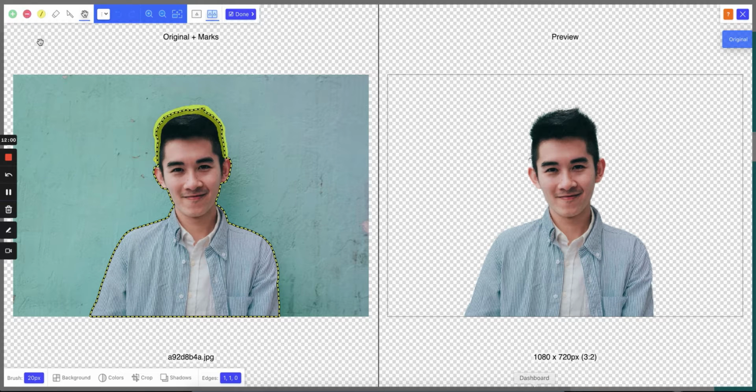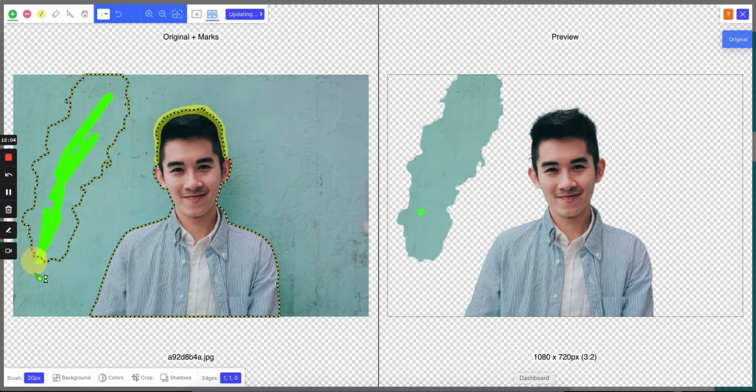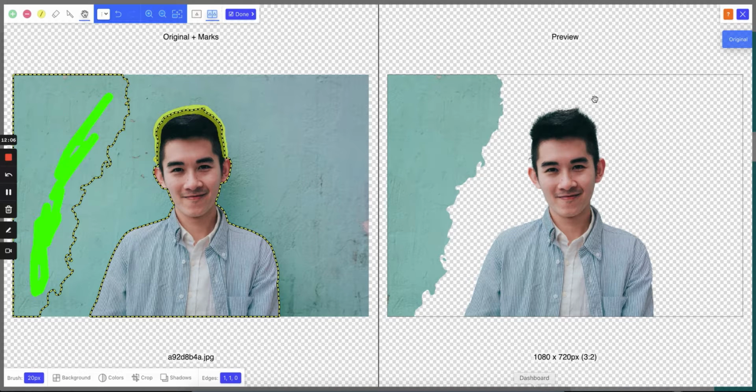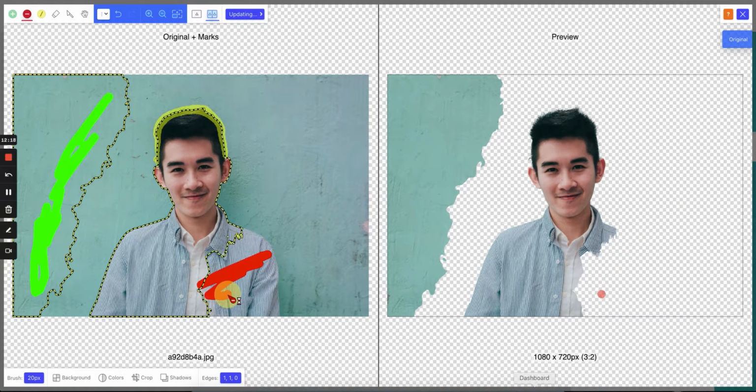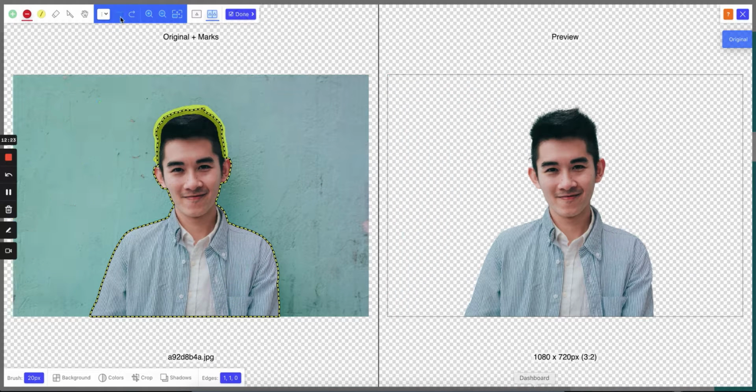If you want to add something, you just have to click on this green button, cover that area, and it will be added on the final preview image. This is the image you will be getting when you export it. Okay. And if you want to remove something, you have to choose this red color button and remove it. Now let me undo both the things.